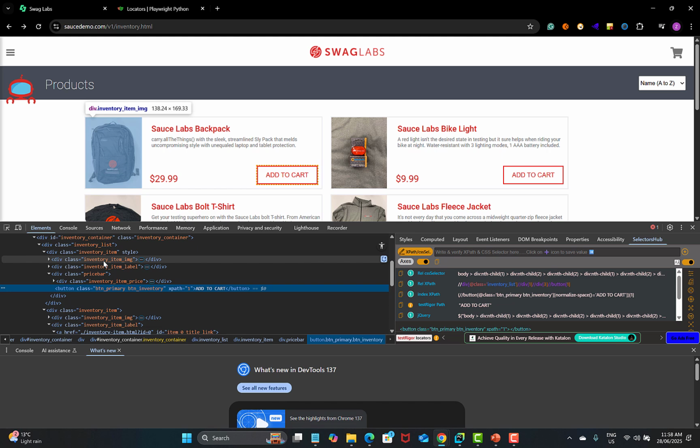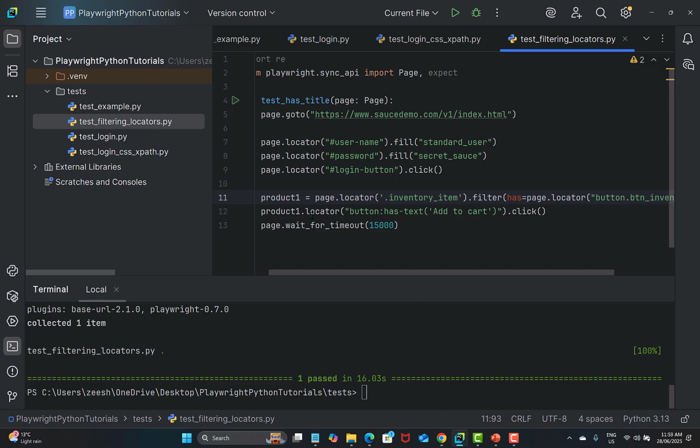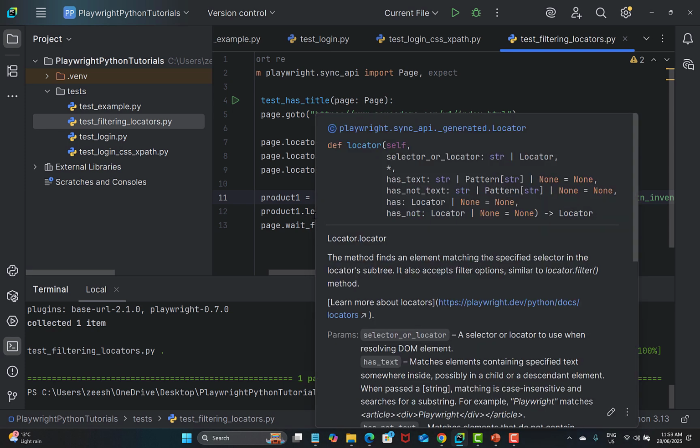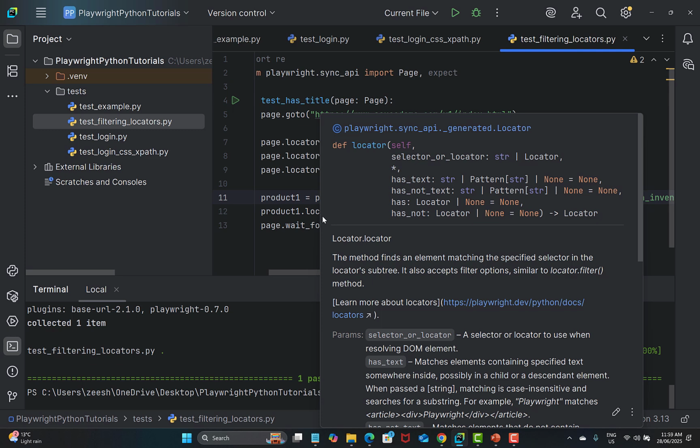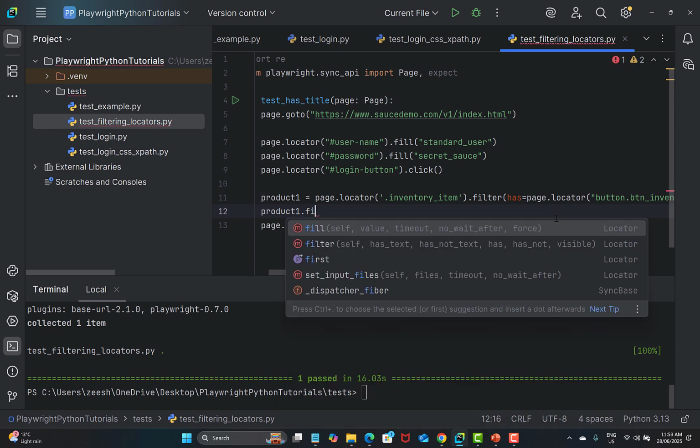Now, once we have this one, what we can do is use the first locator approach. Click only the first matching product with the button. So there are multiple products, right? So what I'll do is that I need the first one because we are inside here. So the first button will be actually clicking on this one or this one. Okay. In this case, it will click on this one. So simply here, product one dot locator, and here basically we have already identified the locator. So basically we are saying product one dot first